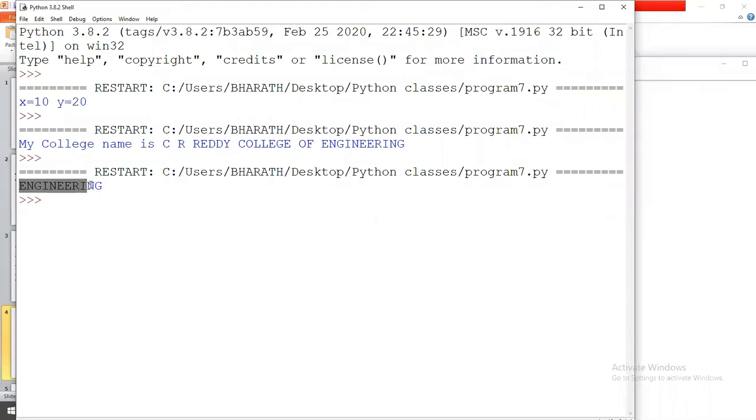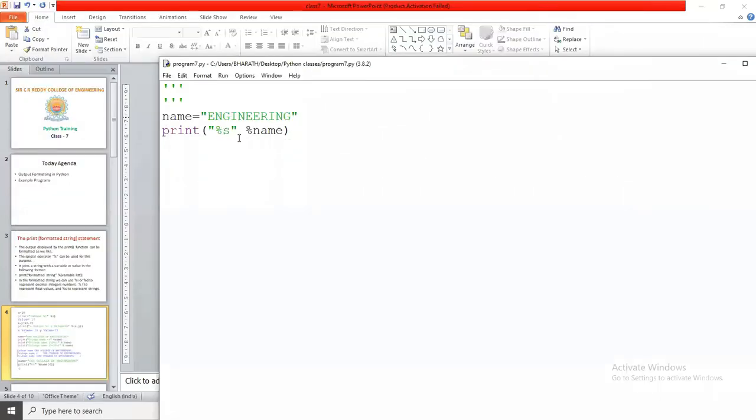Now I want to print this data in 20 spaces. For example, I am displaying the string engineering and I want to display it in 20 spaces.